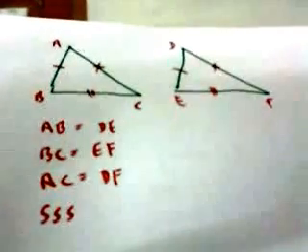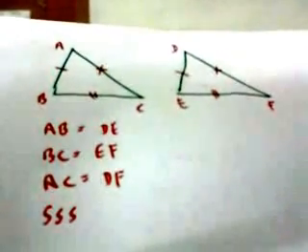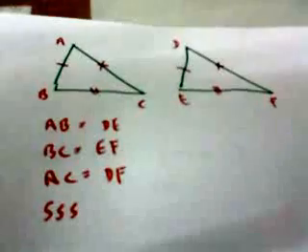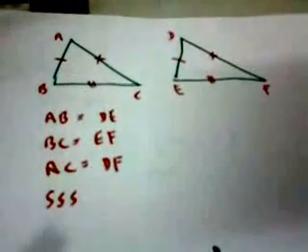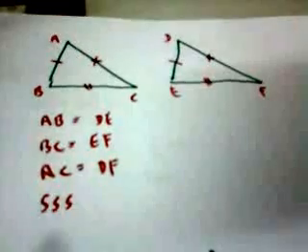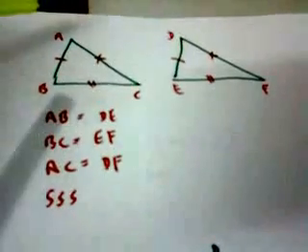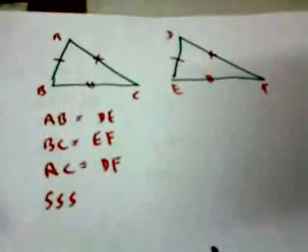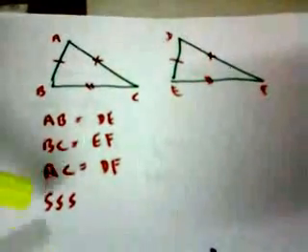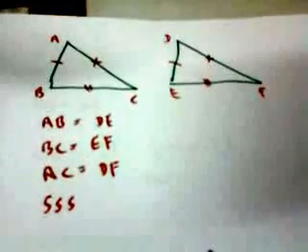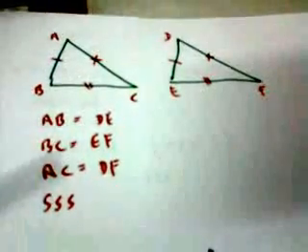Hi friends, this is a review class on congruency and similarity of triangles. Well, we have all done this in class 6, 7 or 8, but just a quick recap. Two triangles ABC and DEF are congruent by side-side-side congruence if the corresponding sides are equal.